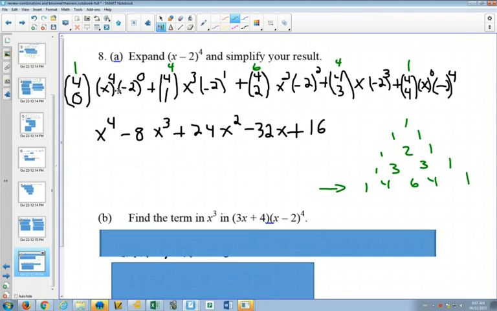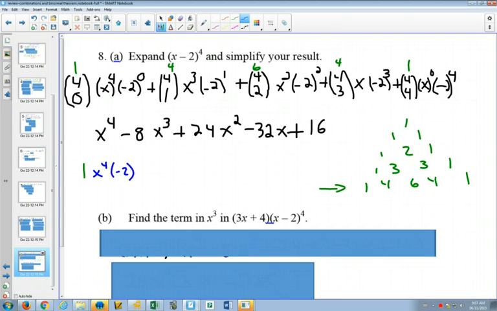And then we notice that we start with our first term to the power 4, and it goes down each time. So you'd have 4, then 3, then 2, then 1, then 0. And our second one, it starts with none of them, and then goes up 1 each time. So if you wanted to use Pascal's triangle, you could start with your 1, then you would know you would have